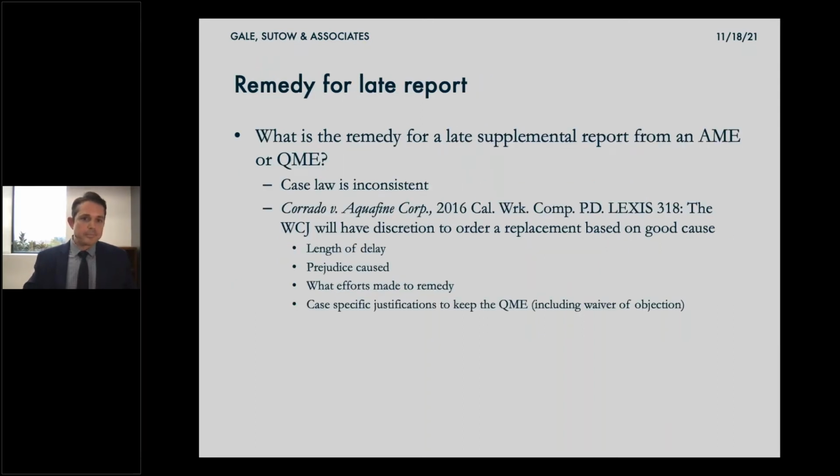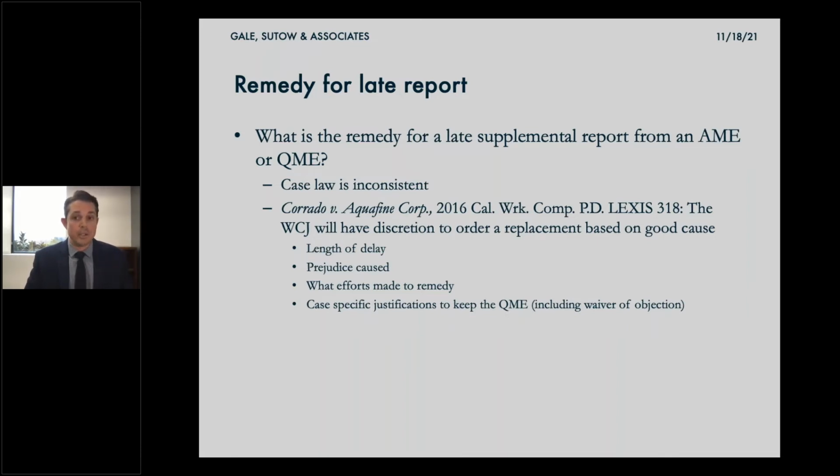We already talked about the remedy for the initial report. What's the remedy for the late supplemental report? Well, the case law is inconsistent on that. The Corrado case that I have listed here deals with that issue, and it indicates again that the judge has wide discretion to order a replacement panel based on good cause.